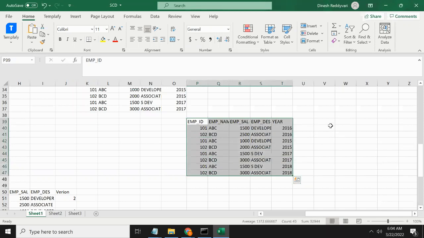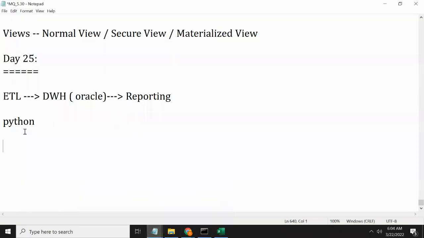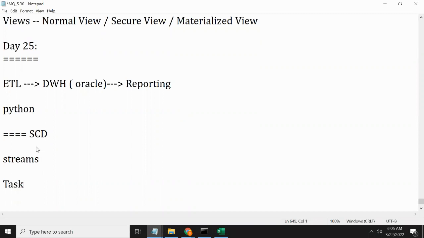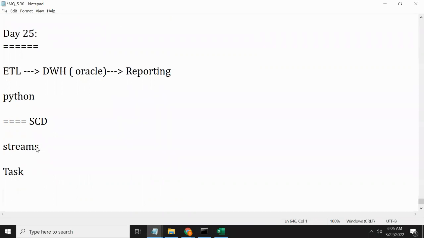To maintain this within Snowflake, we will call it a slowly changing dimension implementation. Generally, if you want to implement this particular logic, they will use any of the ETL tools. Now, without using ETL tools, we are going to implement SCD by using a combination of streams, which we discussed, and tasks,